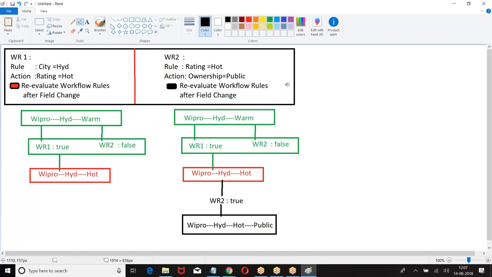Are you clear about this? People followed? If I don't check this, what happened? All the rules are verified. Whichever is true, run them, stop. If I enable this option, cross check all the rules. Whichever is true, run the operation. After running the operation, if there are any failed rules, cross check them again. After updating the field, recheck the rules again. I hope you are good.